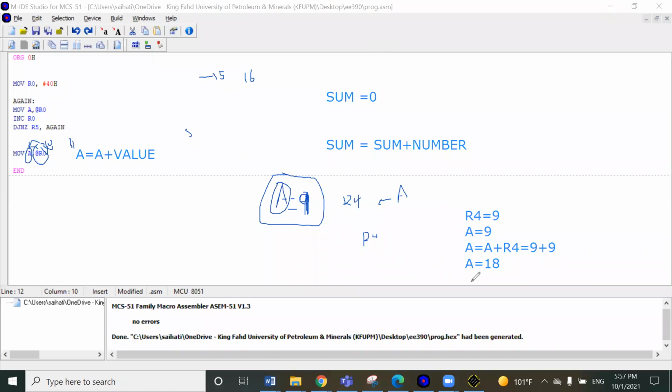صح؟ Let's say now that you are going to bring the new data into A. فإذا لقيت قيمتها 18 وجبت القيمة الجديدة حق ال A من ال new value ال A القديمة بتتكنسل وبتصير قيمتها 9. After you do this step المفروض حق ما تخسر قيمة ال A المفروض تاخذ قيمة ال A وتوديها وين؟ والار 4 الان بتصير قيمتها ايش؟ 18. I hope this is clear. نفس الشيء راح تستعمل decrement jump. So please